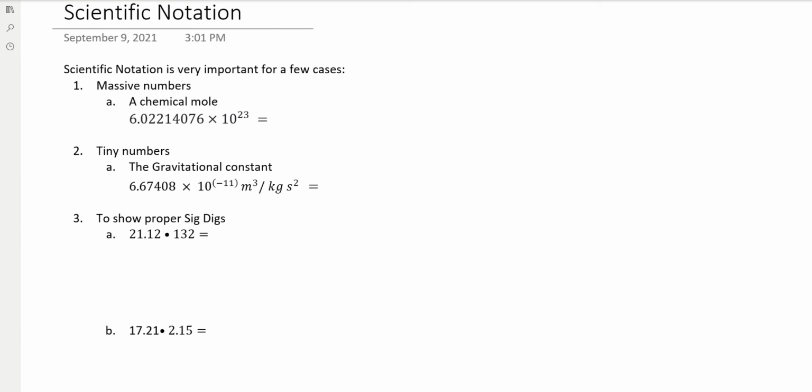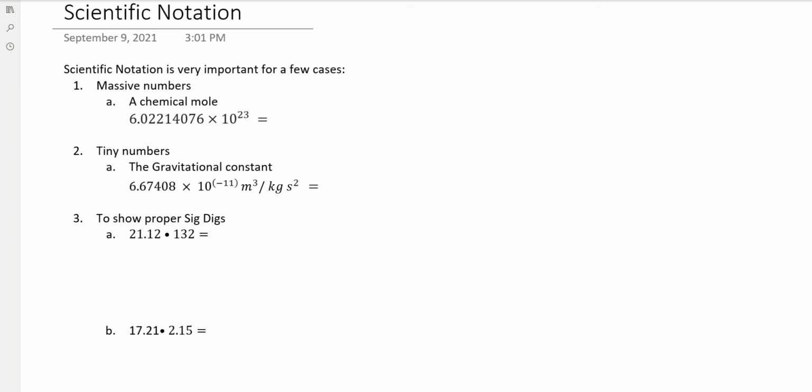So a chemical mole is the number of particles in a given amount of particles. It helps us count things in chemical equations without having to actually write out massive things. So it's a unit, okay? But it's a unit that's massively massive. And we have times 10 to the 23,